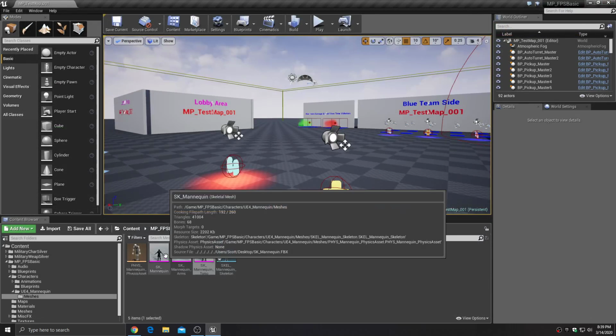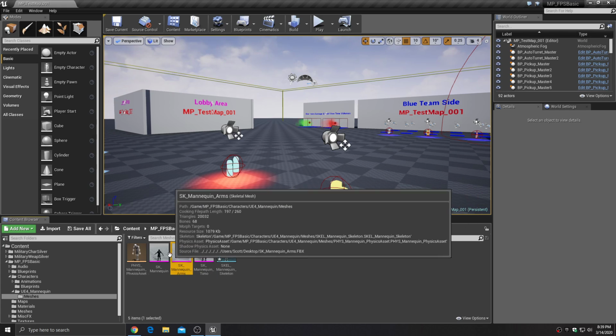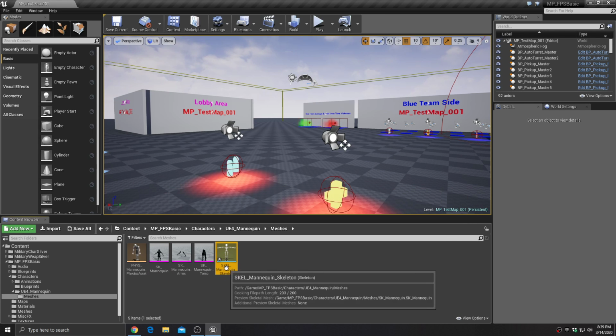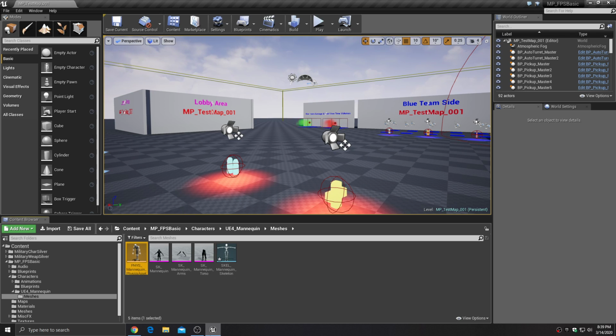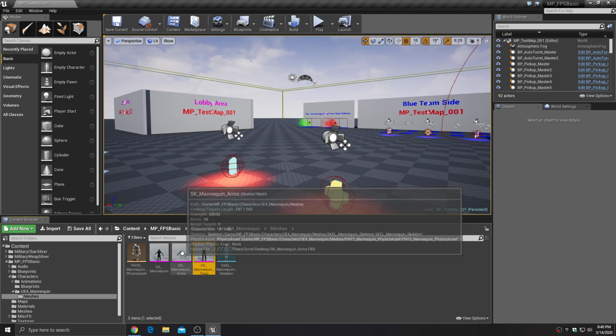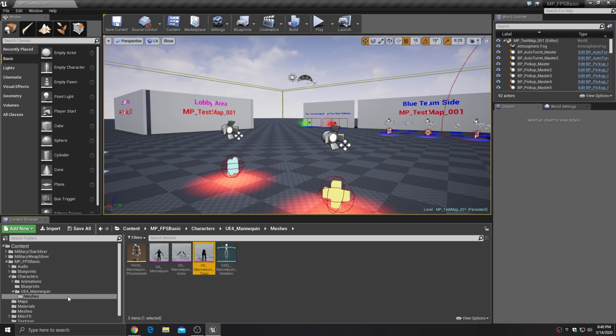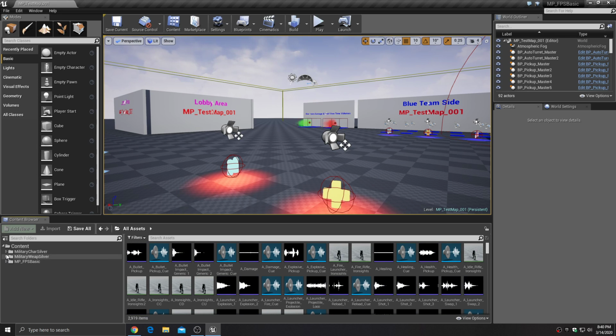And all three of these skeletal mesh assets are using this skeleton, the default UE4 skeleton, and they're also using this default UE4 physics asset. So in order to change this character out, we're going to have to make sure that the meshes that we have are replacements of these. Okay? So essentially what that means is that in this military character silver asset pack that's free on the marketplace,